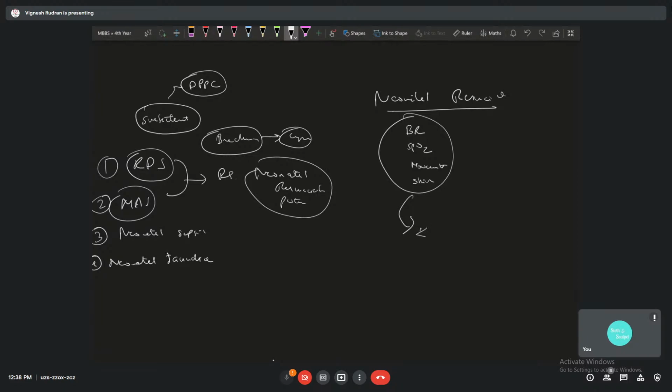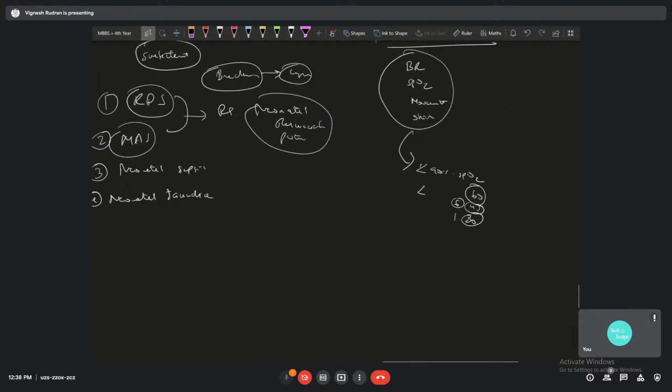If the SpO2 is less than 90% or the breathing rate is very low, you give artificial bag and mask ventilation. In a normal infant up to 60 is normal, at 1 year it becomes 30, so at around 6 months you put it as 45. These are normal breathing rates. And while you're doing this, you check for heart rate,